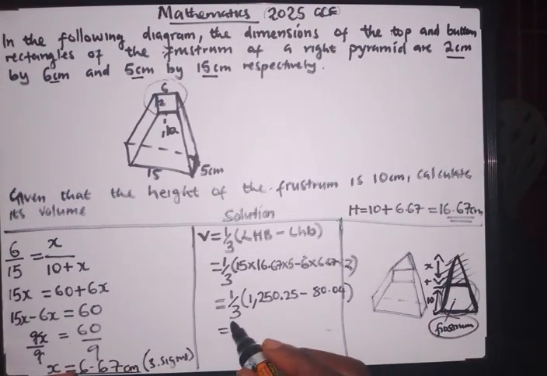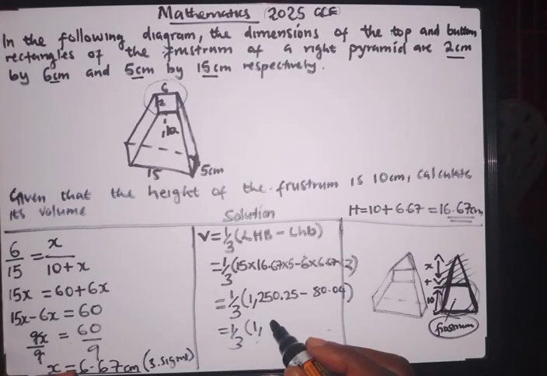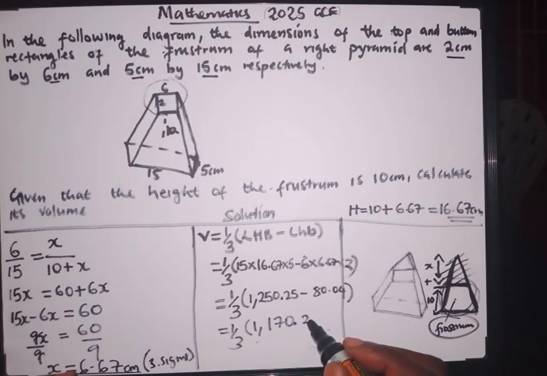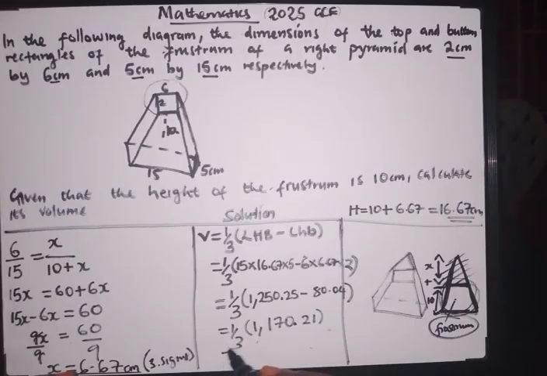Then if you subtract, you get 1,170.21. Then if you divide this answer by 3, you get 390.07